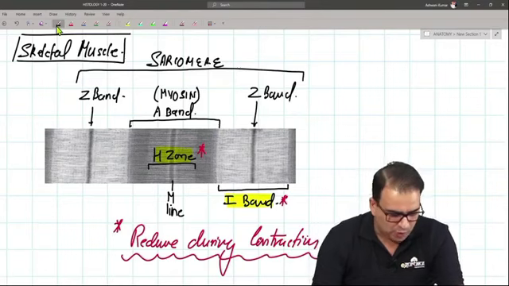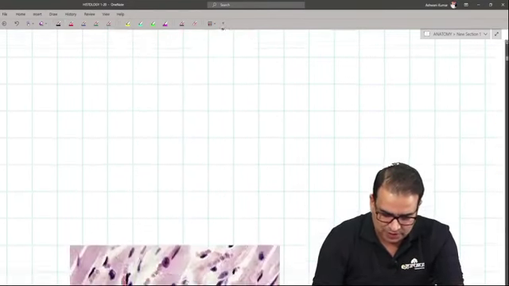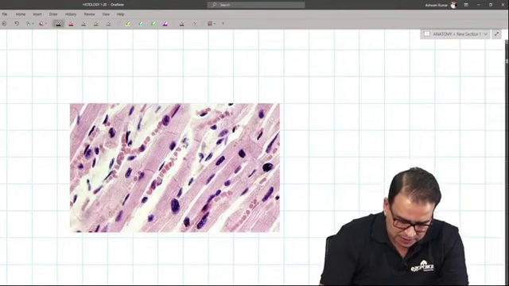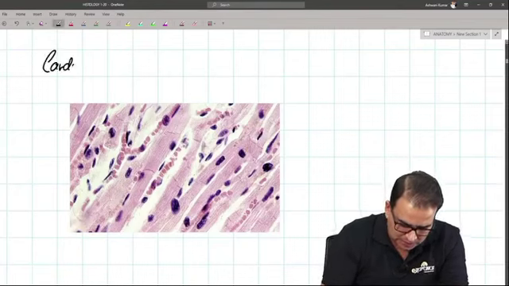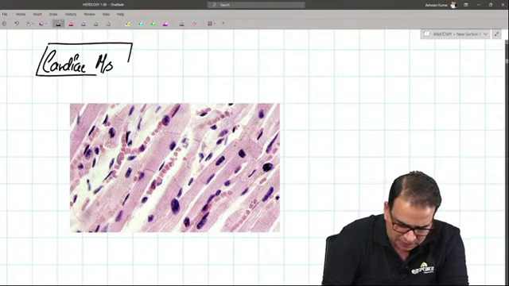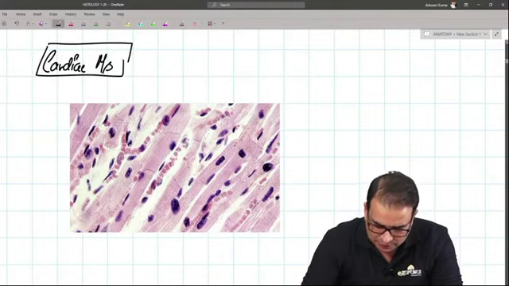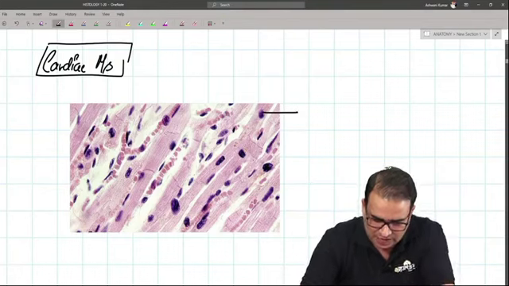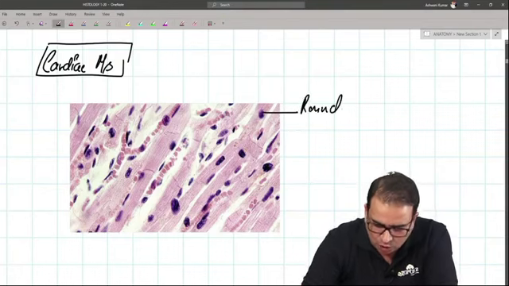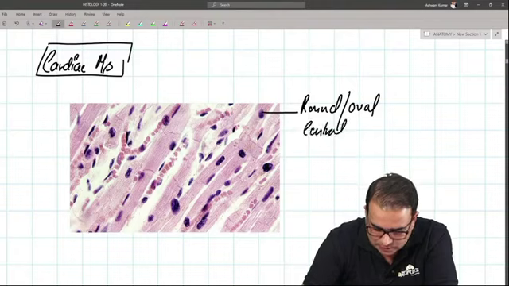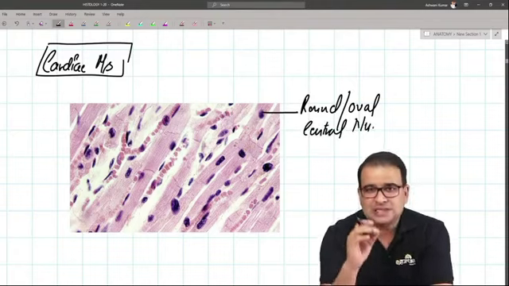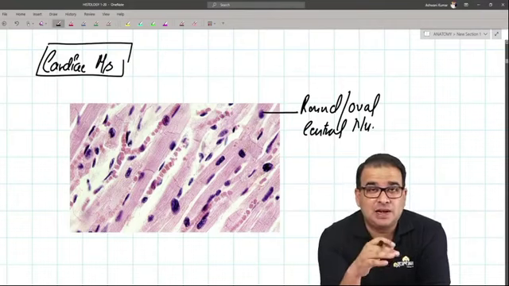Okay, moving on to slide number 3, guys. Slide number 3 is a slide of the cardiac muscle. Some typical features of the cardiac muscle you will see. First of all, if you look at the nuclei, we have a round or oval central nucleus,